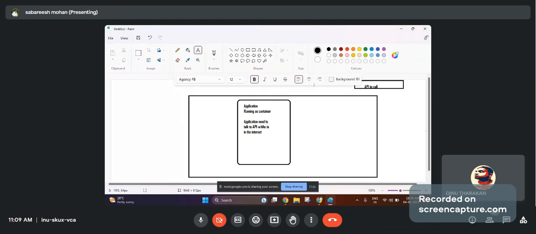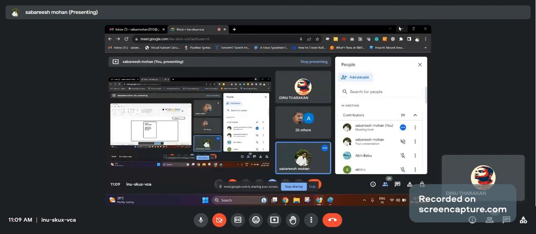I mean, the application will call an API over the internet, which is outside our organization. So my question is, is it possible for a container to go and talk to this API outside our subnet or outside our VPC? Is it possible?